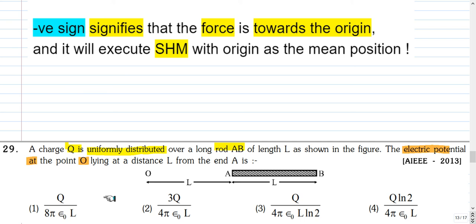This is a simple problem. We have to take a small element of this rod, and this small element is an infinitesimal element. It acts as a point charge. So the electric field due to a point charge, we know the formula, and using that, if we integrate the electric field due to the element over the length of this rod, we will get the electric field due to the full rod. You can pause and attempt this question.